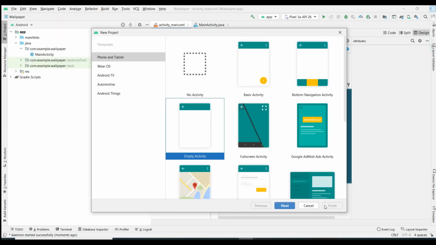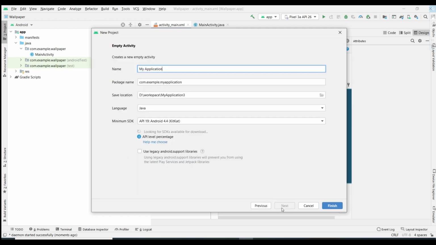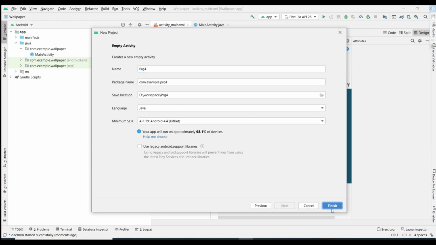Select empty activity. Next, give the application name. Since it is program 4, I am going to give this as PRG4. Click finish.